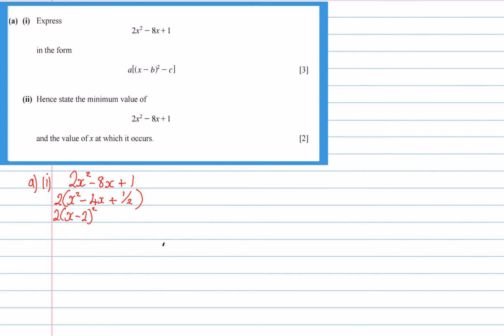And then we must subtract the 4 then. So it's equal to x squared minus 4x. And then we're going to add on our half. So expand or simplify this now. We have minus 4 plus the half, which is minus 3.5. So we've got 2 upon x minus 2 all squared minus 3.5,